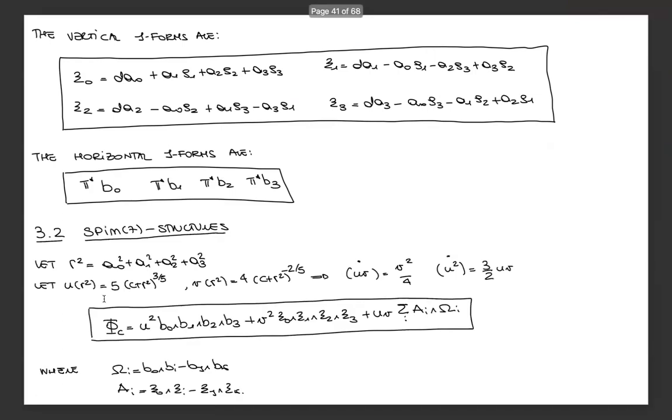And so the Spin(7) structures that one can construct are essentially the one given above. We pick r squared to be the distance from the zero section, and u and v to be some functions satisfying ordinary differential equations. In polar form, the Spin(7) structure that we have is given by